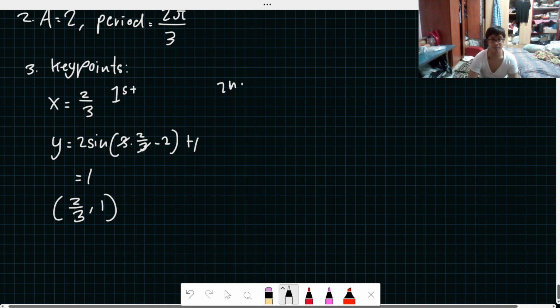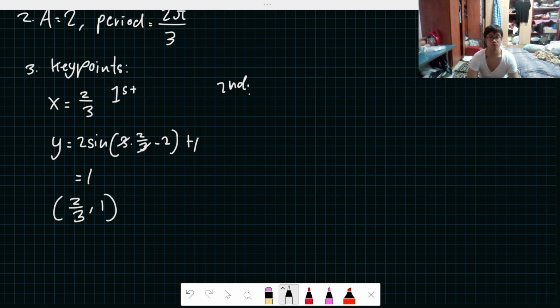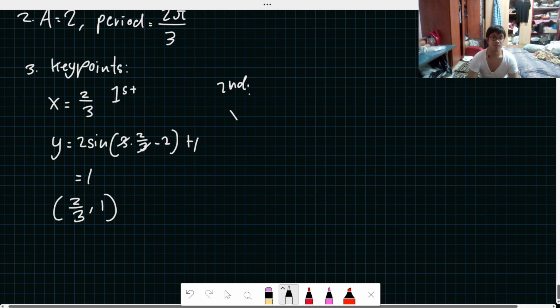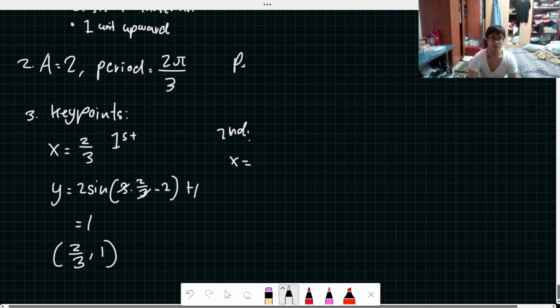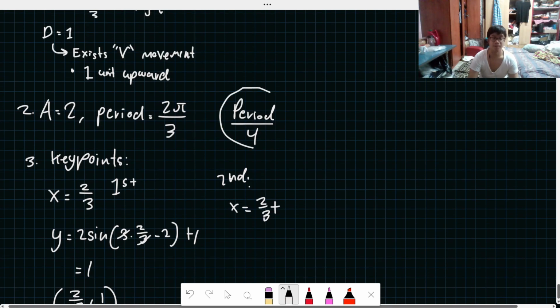Just as a reminder, to get the x value of the second key point until the fifth key point, add to the recently found x the number you get by dividing the period by 4. So we have 2/3, so add 2/3 plus the period divided by 4. The period here is 2 pi all over 3, all over 4. Let me simplify this one. This is just the same as 2 pi all over 3 times